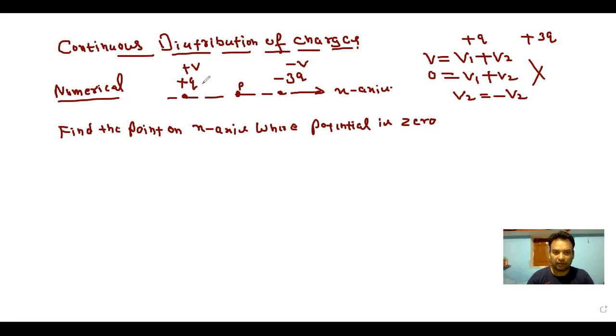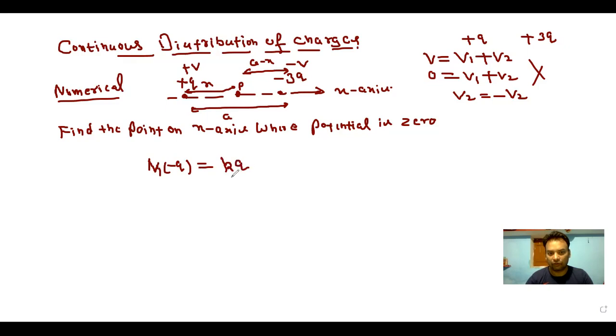So let me take a point P, and the total distance between these two charges, let me take, is A. If this distance is taken as x, then the remaining distance is A minus x. So now I will find out the potential of these charges at point P. The potential of the first charge, let me call it V1, due to plus Q charge, it will be equal to